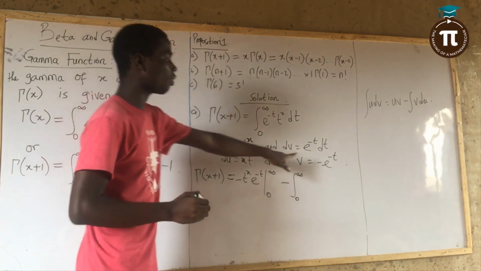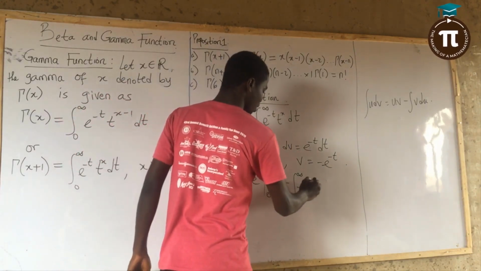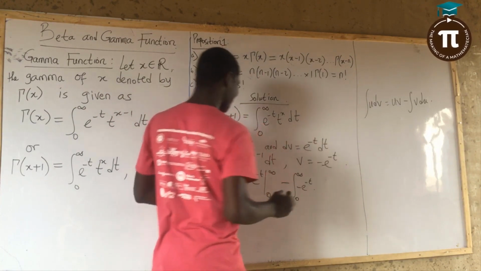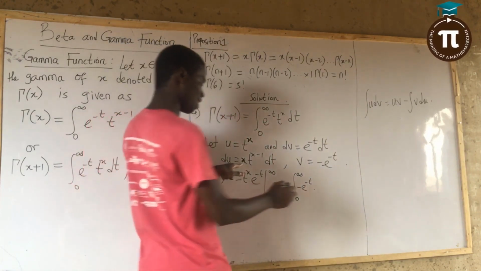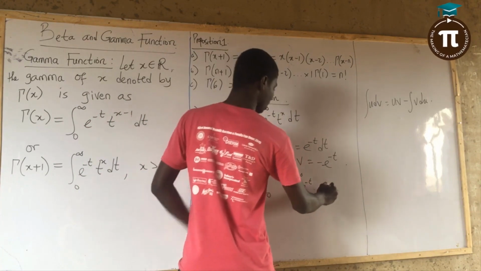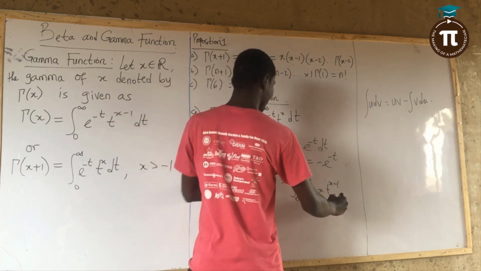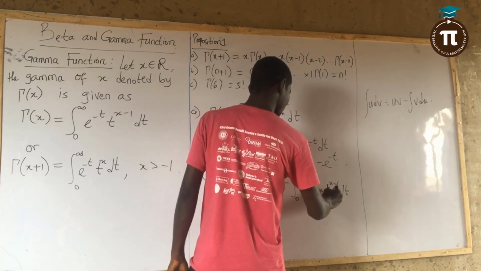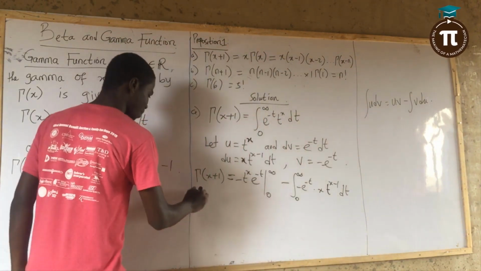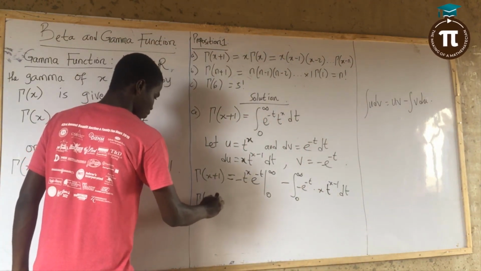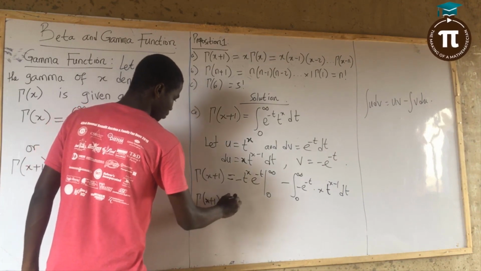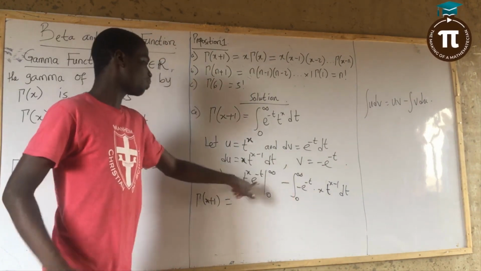Integral of v, that is minus e raised to power minus t, multiplied by du. Du is s t^(s-1) dt. So that's what I have. So gamma of s plus 1 will be equal to, when you put infinity here,